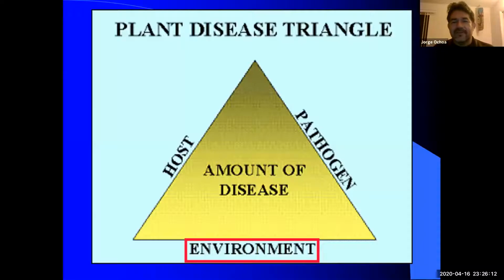The next thing is the environment. The environment is either going to favor the disease, where it's then going to become problematic, or it's going to favor the host, where the host immune system may be stronger, able to defend itself and then slow the development of the disease. So the environment needs to be favored for one or the other.